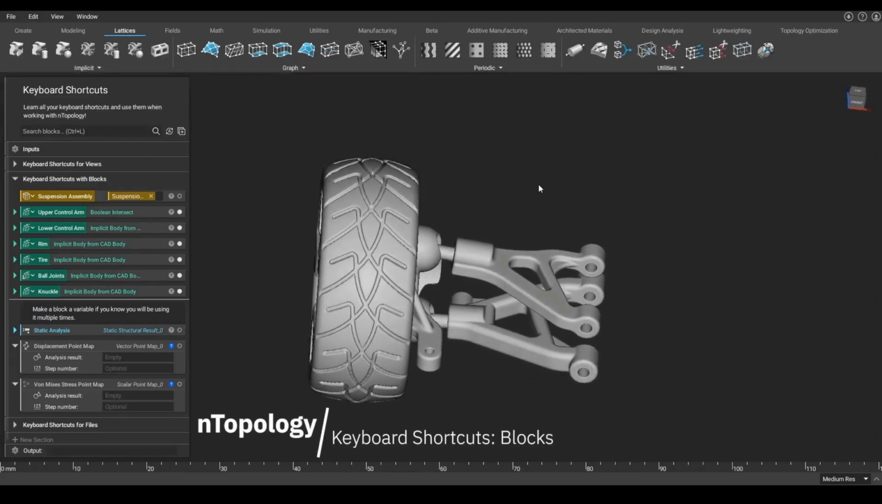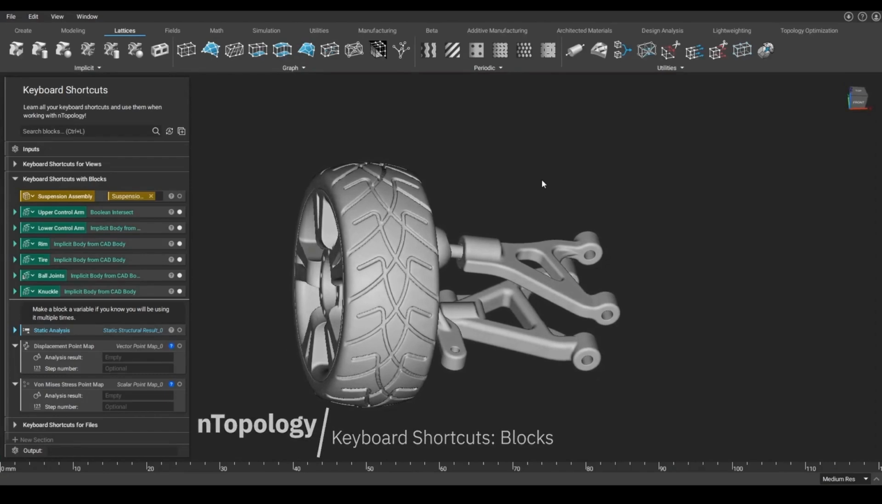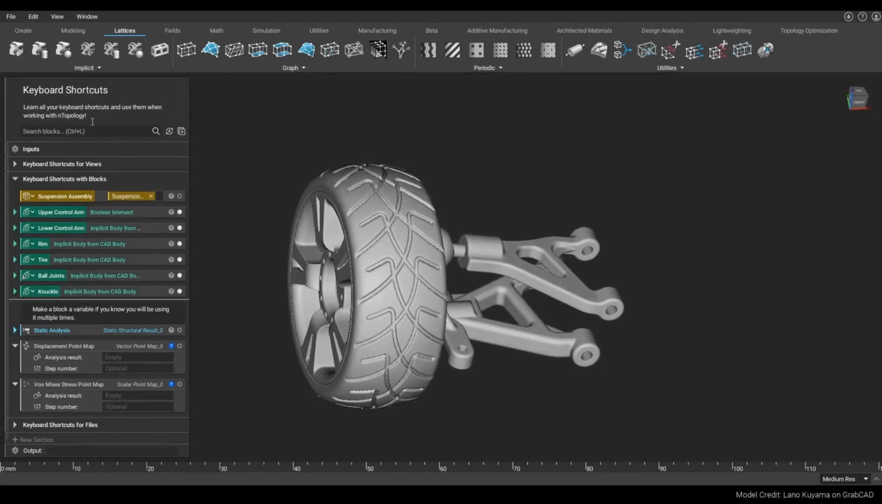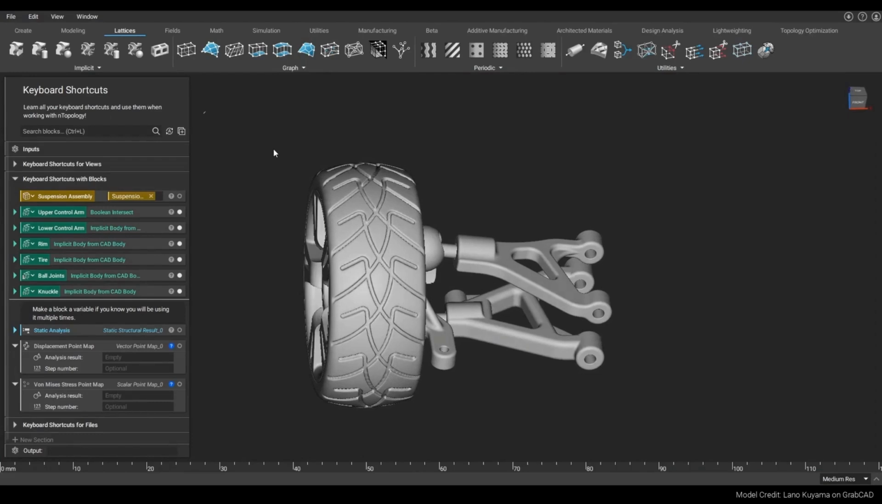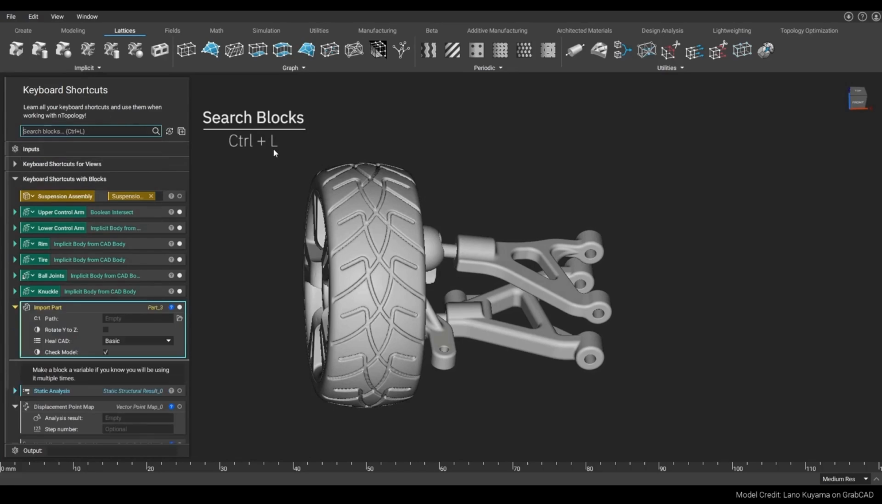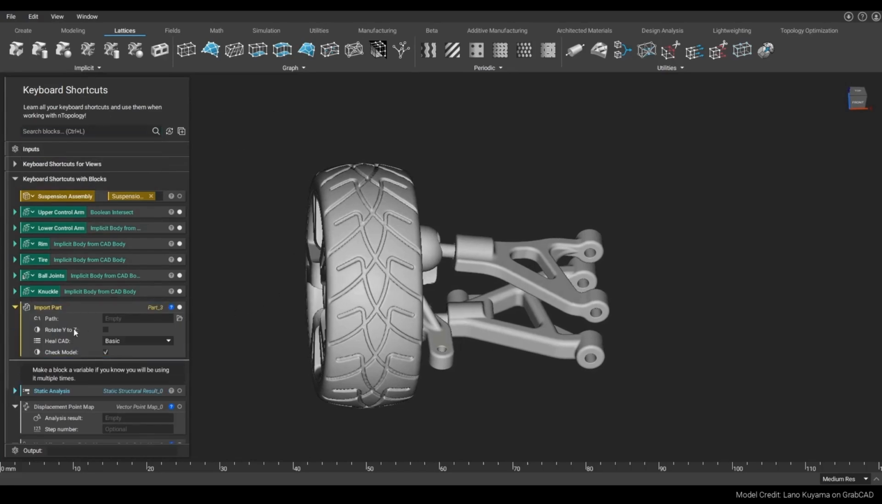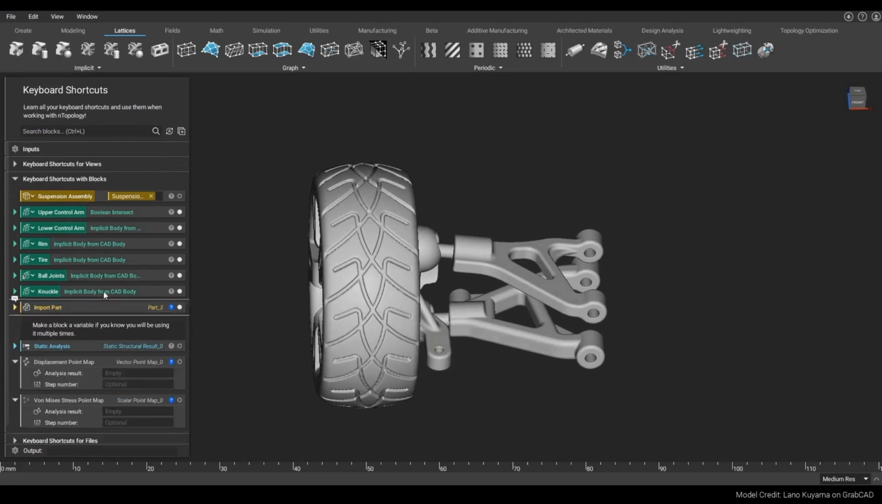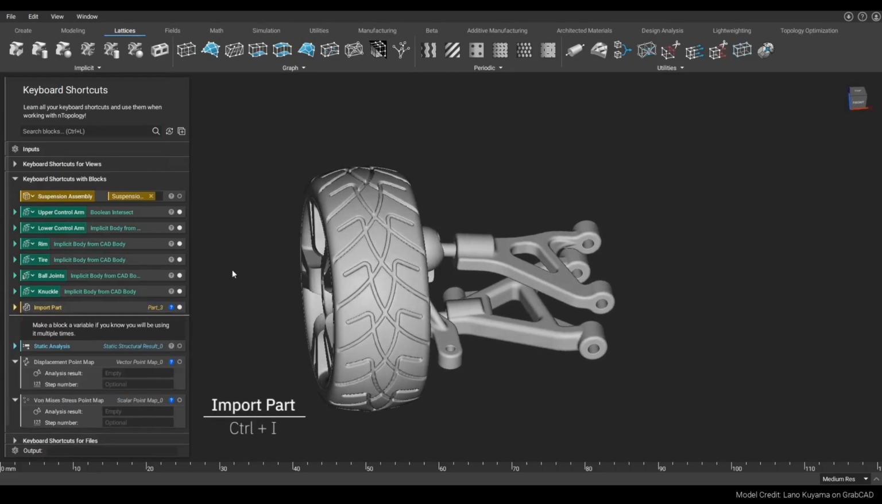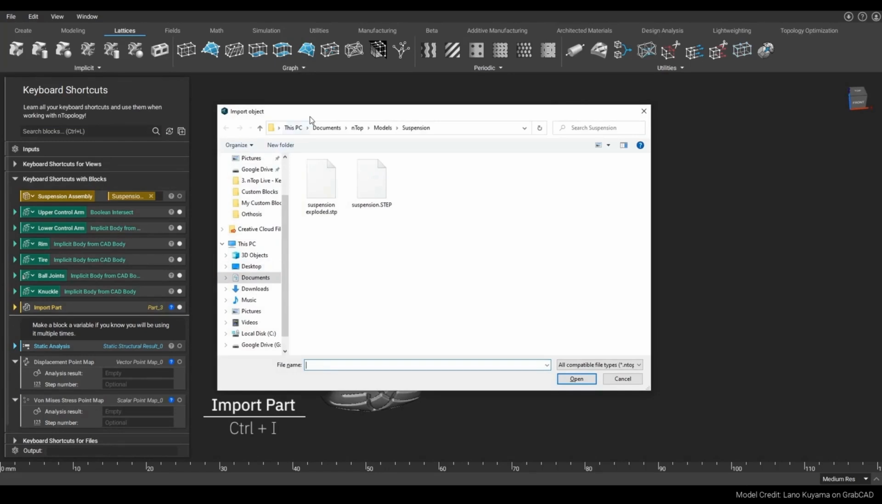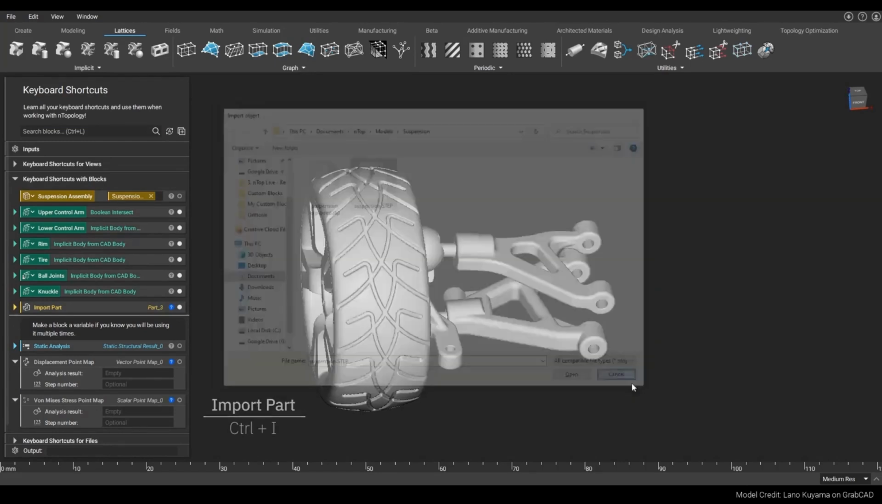Next, we'll go over the shortcuts you can use while working with blocks. To be able to quickly search for blocks you need, use Ctrl-L as a shortcut to the search bar. When importing a part, rather than searching for an import block, you can also press Ctrl-I on the keyboard to open up your files from which you can choose what you'd like to import. To isolate the view of